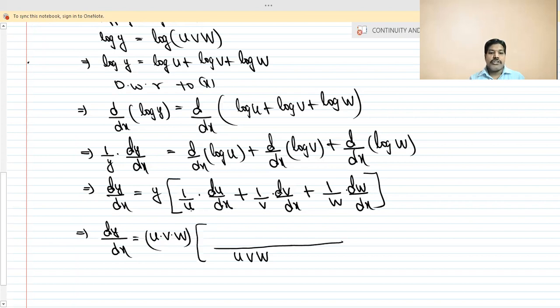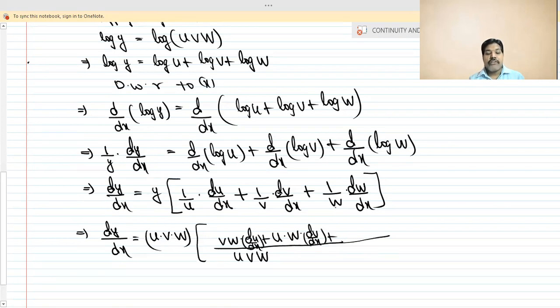So the denominator is u, so you have to multiply with v and w into du by dx, plus here the denominator is v, so you have to multiply with u and w into dv by dx, plus